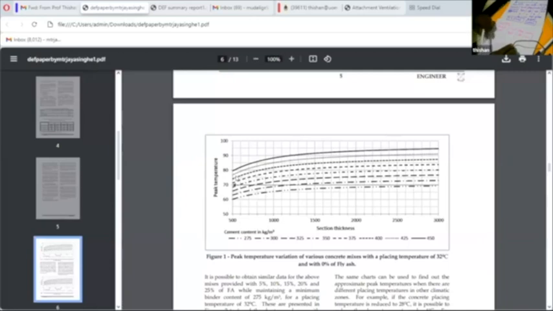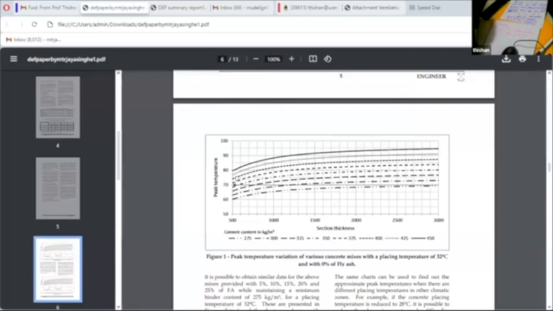Is that clear? Yes, sir. If you are using 400 cement, the maximum size you can cast without any fear of DEF is around 400. But if you reduce the placing temperature to 26 degrees, you can go up to about 600. But you can't go up to 1000 because there's a risk of DEF occurring,